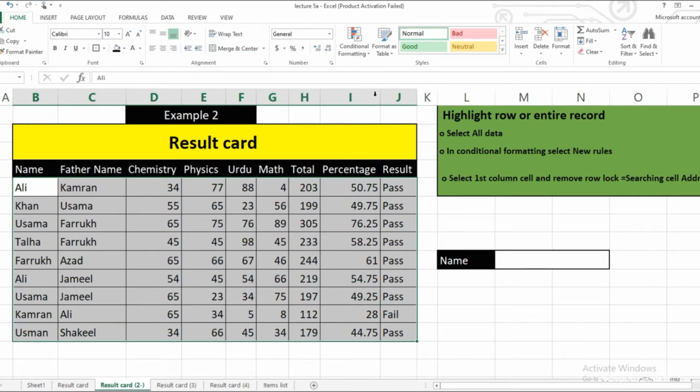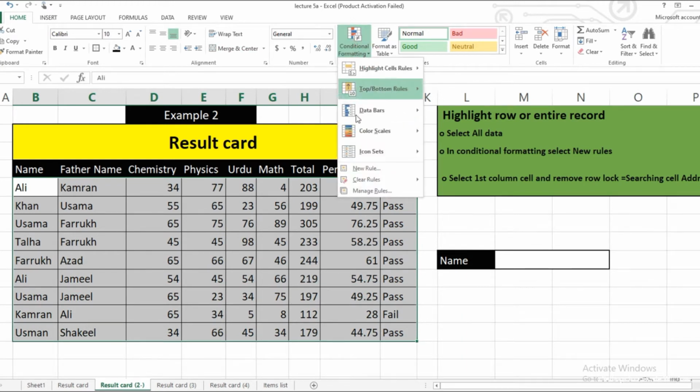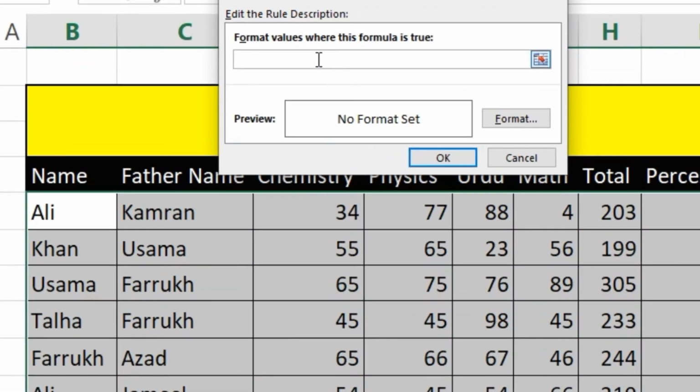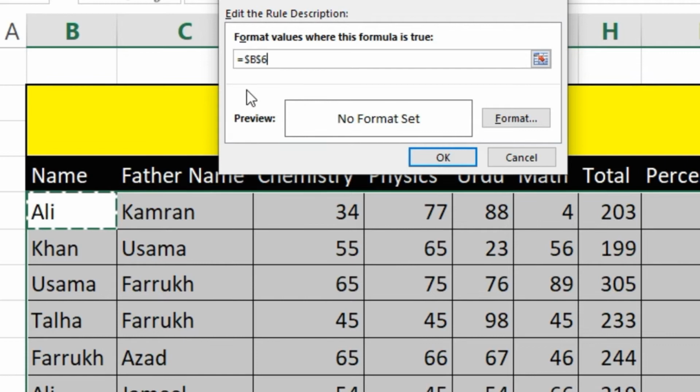In conditional formatting, select new rule, select the last option, click here, equal to, select first column cell, and remove the row lock, meaning remove the $ sign from the row,